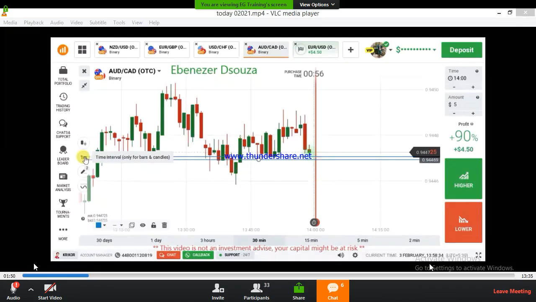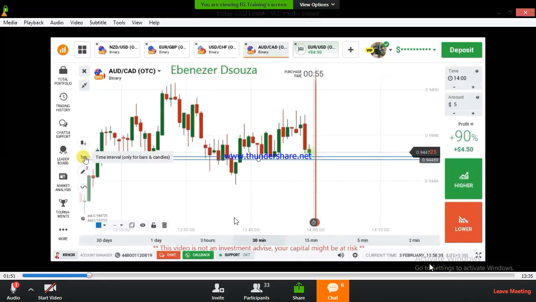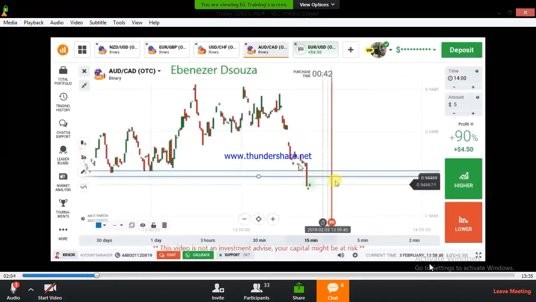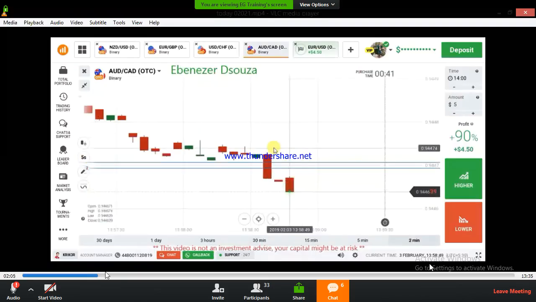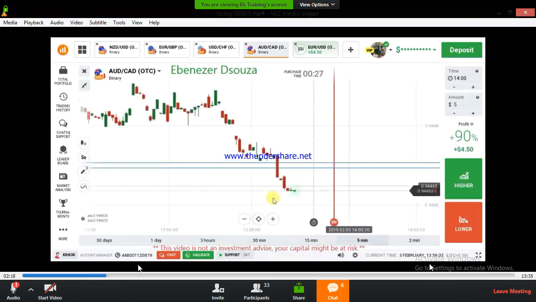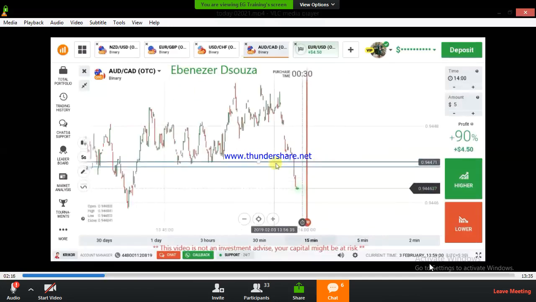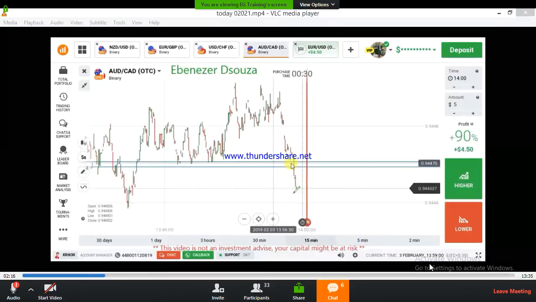But this is a strong level. We can place our trade here if the candle closed above the level, but it broke this level. It tried to break this level. Finally, it broke this level. Okay, 1 minute. So finally, the candle broke this level. There is no opportunity to place our trade, but there is a strong reversal point. We can place our trade here too. But I placed my trade here.